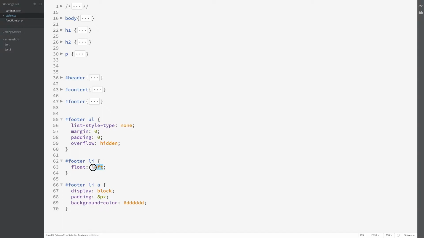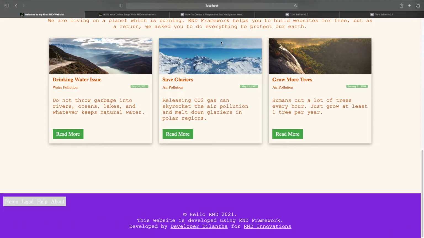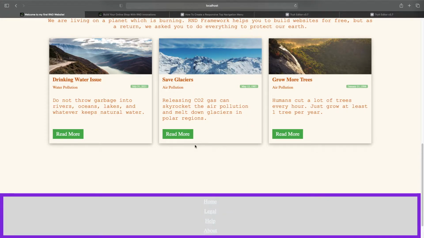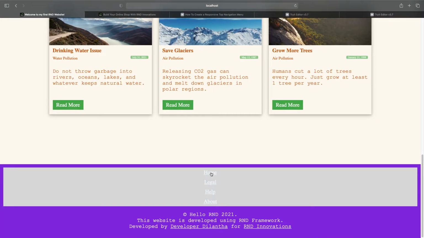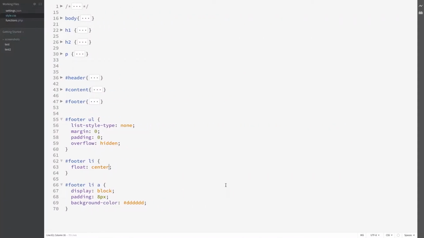So I try to float them center. Let's see what will happen. Reload the page. Okay, now they are centered, but now they are not horizontal. If you are an expert in CSS, you will find a way to align them and do this difficult task. But in this example,